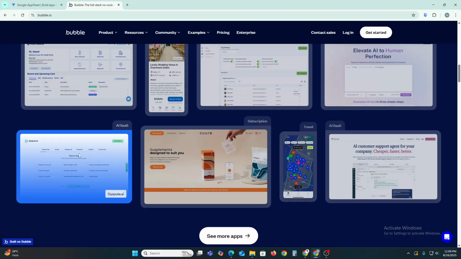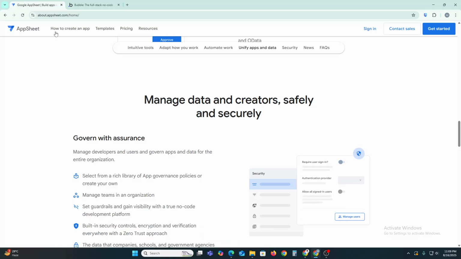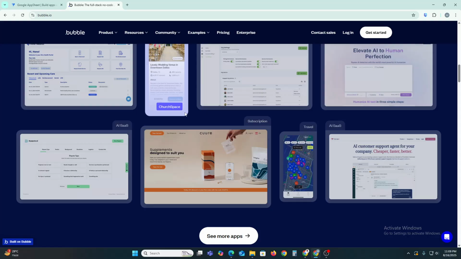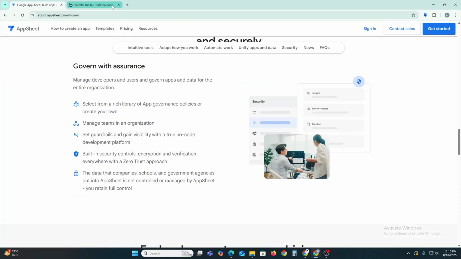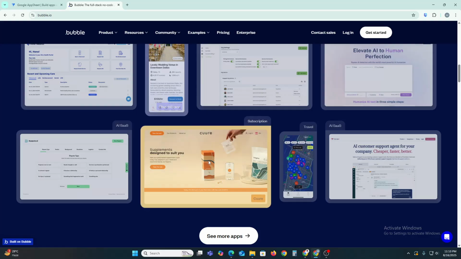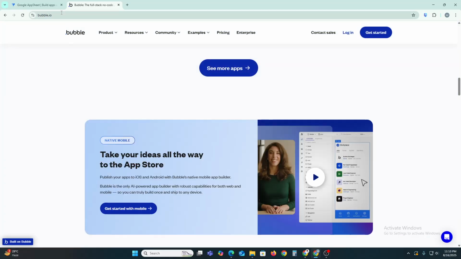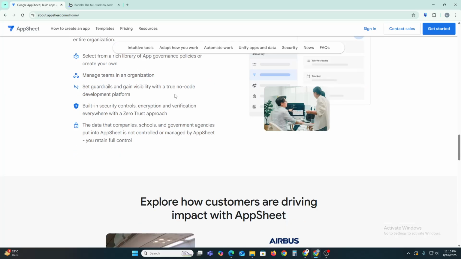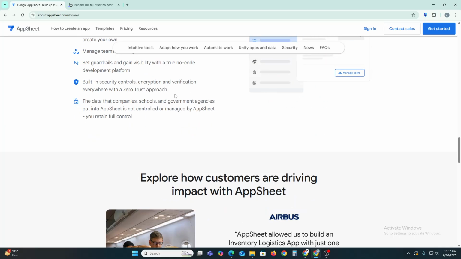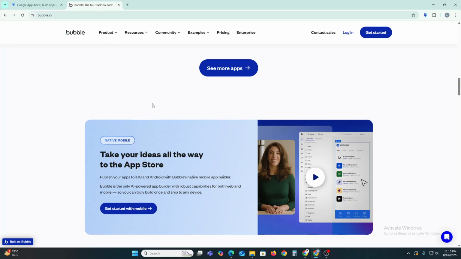Here's a quick comparison. Ease of use: AppSheet is simpler for data-driven apps, and Bubble is more complex but more flexible. Customization: AppSheet has limited design options, and Bubble has full visual customization. Integration: AppSheet integrates easily with Google Workspace and spreadsheets. On the other hand, Bubble can integrate APIs and